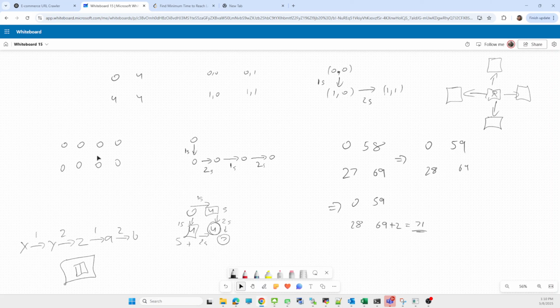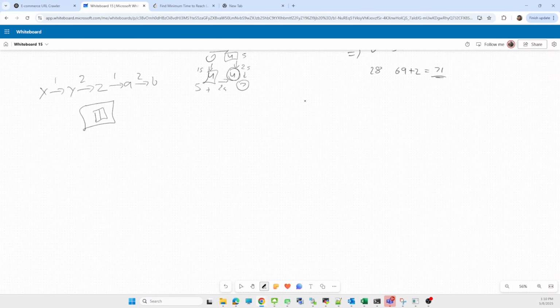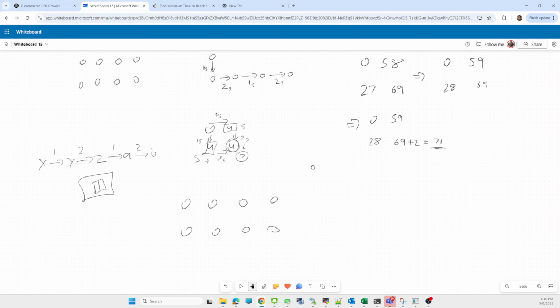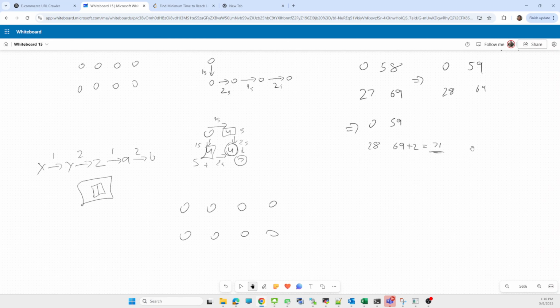We can think in this way also. We are given a matrix of all 0s. This is also available in the solution: what will be the optimized route?